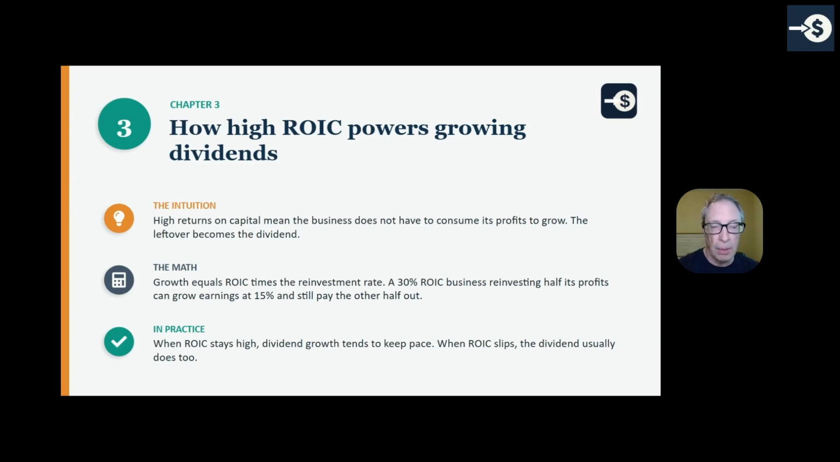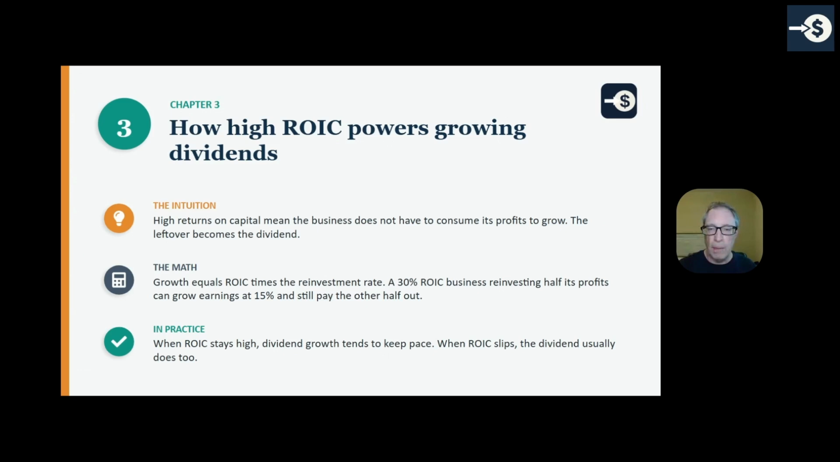So let's talk a little bit about some of that math and how this really works. ROIC times reinvestment rate. You're probably asking, well, okay, we talked about ROIC. What is this whole reinvestment rate idea? What you want to look at is how much the company reinvests in the business. So if the company is reinvesting half of its profits, one of the easiest ways to look at this is